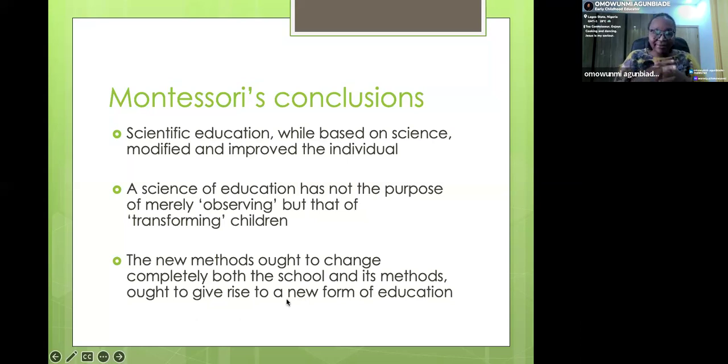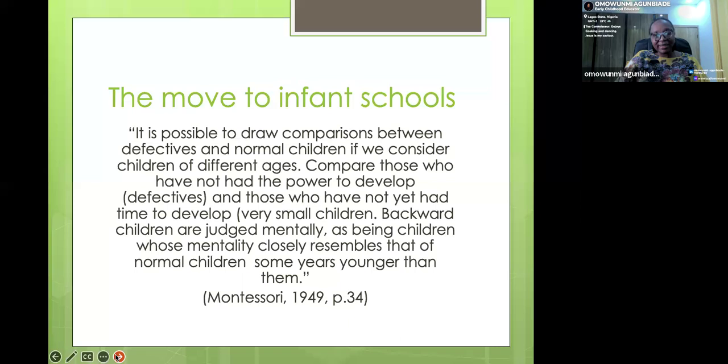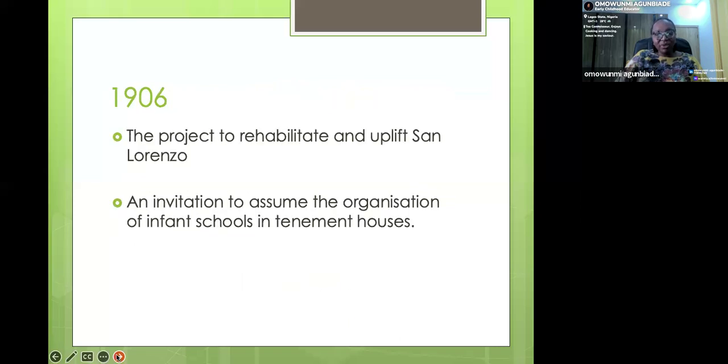So my desire, our desire in this program, in this course, for those of us who are running our school presently, by the time we start to go into the core of the Montessori method, there should be a change in the way we present our teachings, in the way we give the children learning experience in the classroom. The method should be child-centered, not teacher-centered. We'll look more into this as we go on with our slides. Let me quickly move on.